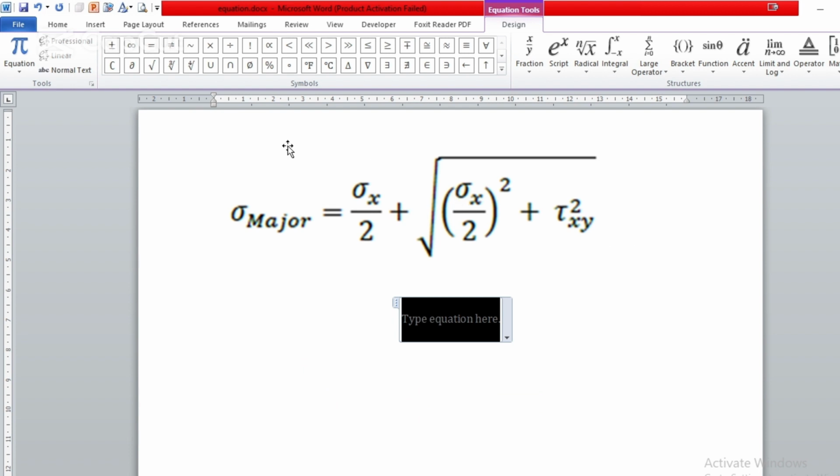Then here we have three forms of tools, equation tools. As you can see here, it says Equation Tools. So at the top left corner, we have tools like equation, text, and the like. This is the first tool. In the middle, we have symbols, different symbols that we are going to use to write equations. And at the top right corner, we have structures, different structures that we are going to use to write any